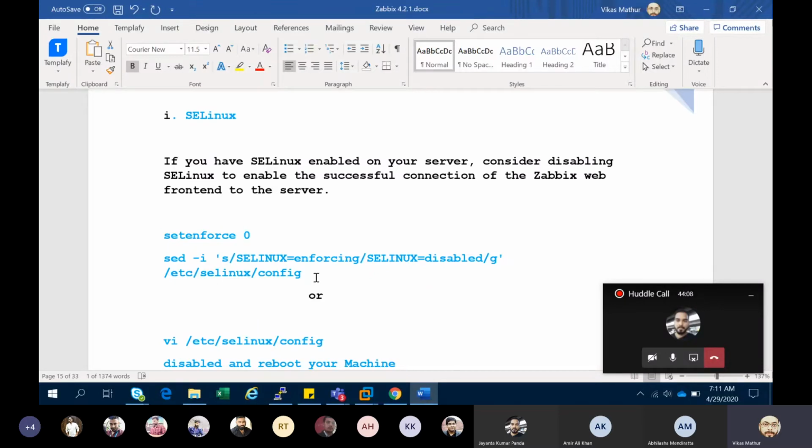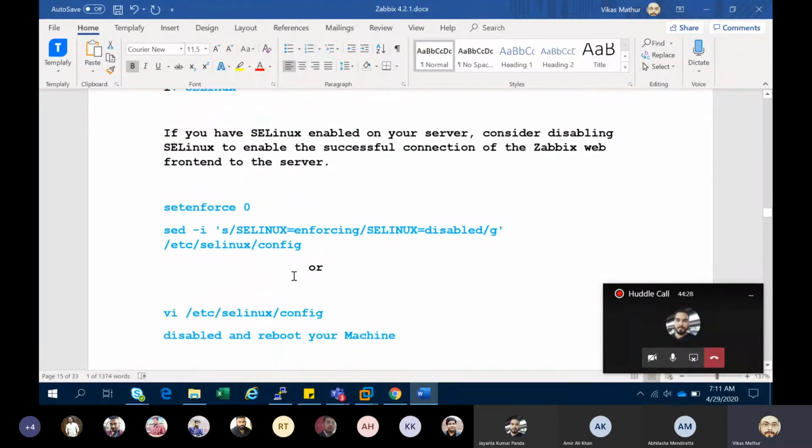There are already 20 pages of configuration documents. If you want to know about this, I will tell you, but right now I'm just disabling SELinux, because it will take so much time, that's why I skip that part.